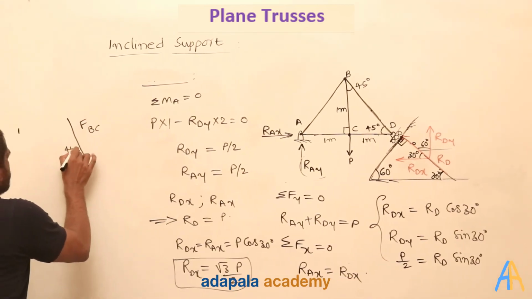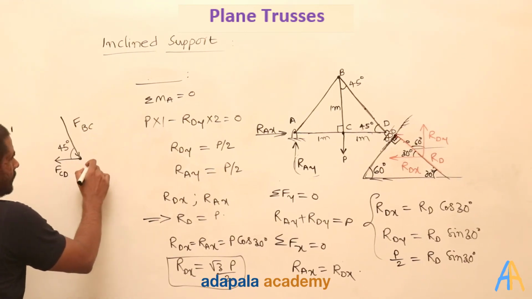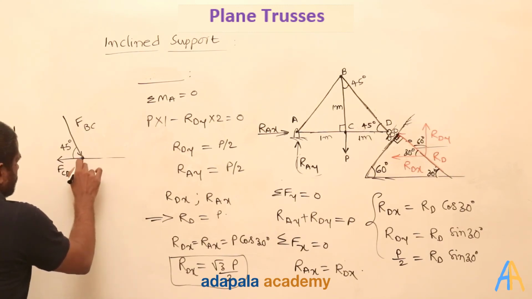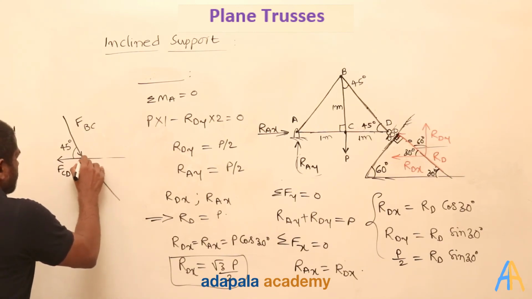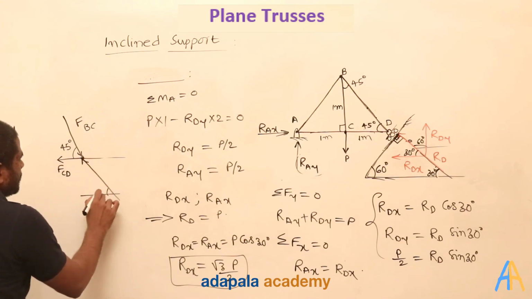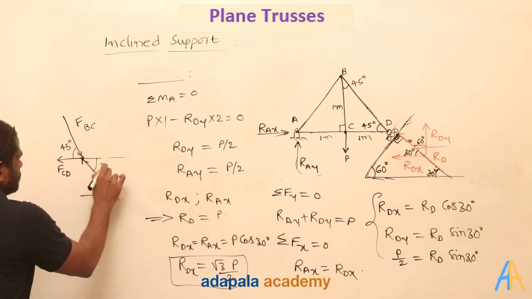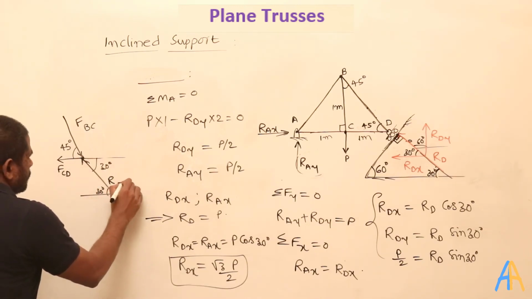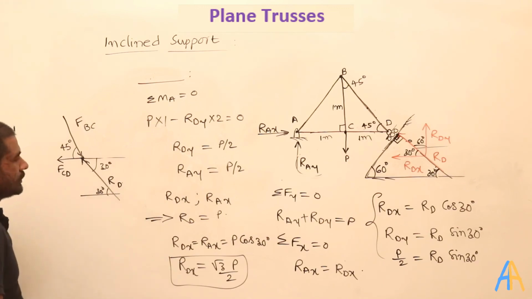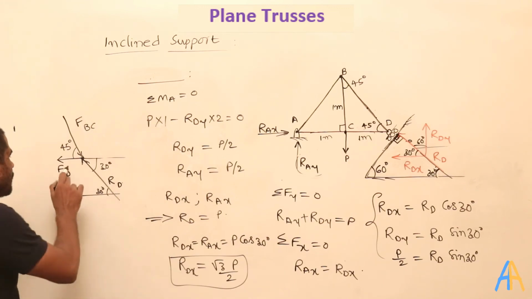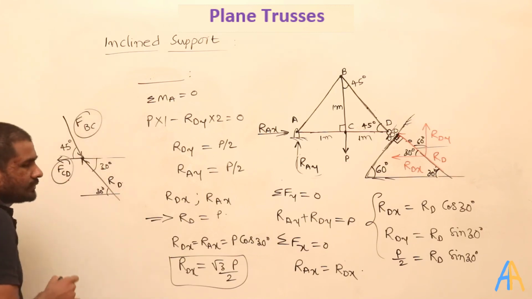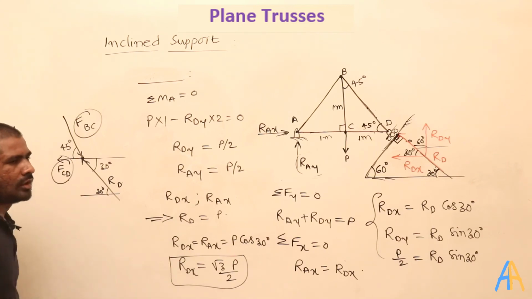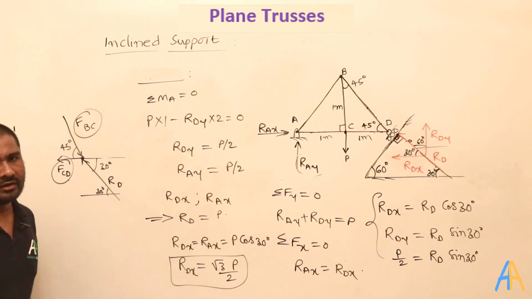This is 45 degrees. And then how much angle is it making here? See, with the horizontal it is 30 degrees, so here also it is 30 degrees. This is the angle. What is this? This is the RD. This is how we need to write, and then find out this component as well as this component, and here the FCD is not becoming 0. This is a simple problem. Unnecessarily we are spending more time. When we see some problems, then we can easily understand this.